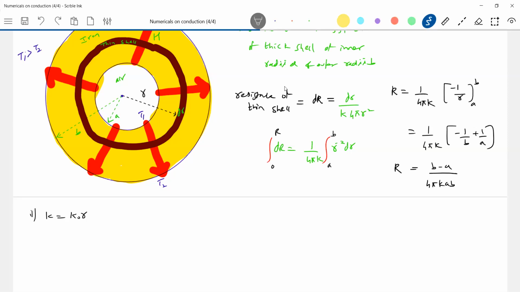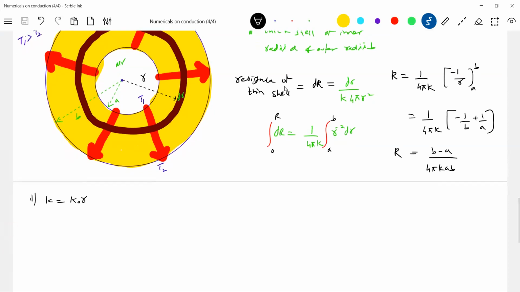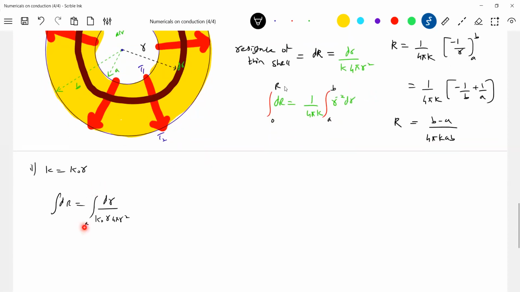I think in the limits what will happen. So what we do is, dr by k is what? K naught r 4 pi r square. That's all, no? The changes we are going to make like this, and the limit will be a to b. Next step, let me go for limit. So this is dr